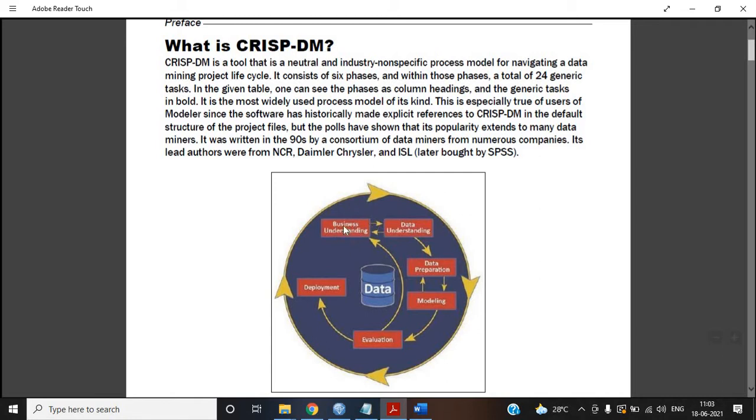If it is not correct, then again we have to check the data understanding and repeat the cycle, and after everything else we'll go to deployment. We'll deploy the data after that. Okay, so let's check what's in here and try to do that.